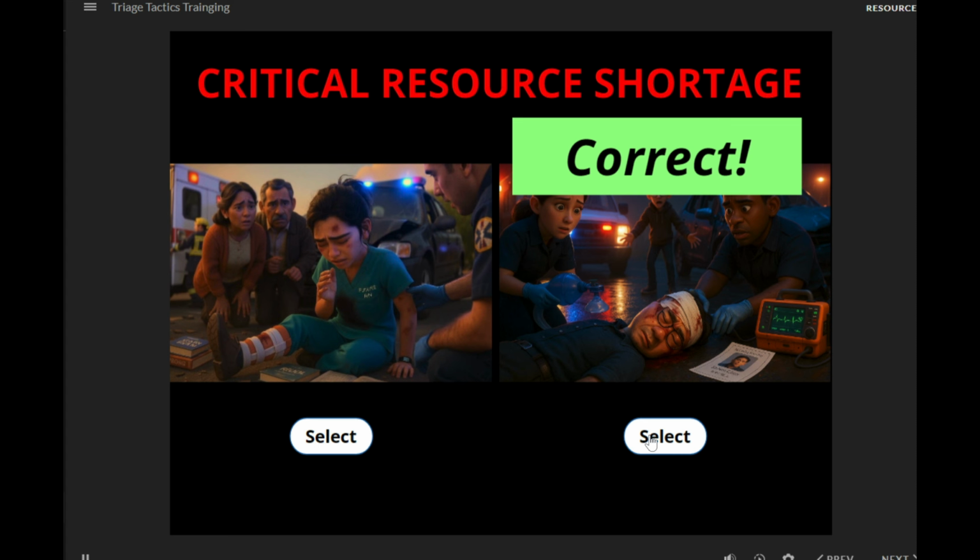Now consider Maria. While she's in severe respiratory distress with an oxygen saturation of 82%, she is still breathing on her own at 34 breaths per minute. Her respiratory effort is labored but spontaneous, giving you a slightly longer window of approximately 5 to 8 minutes. Additionally, Maria's primary problem is mechanical, the tension pneumothorax. Her definitive treatment is needle decompression to relieve the pressure, not just oxygen support. You can begin preparing for needle decompression while simultaneously managing Robert's airway.